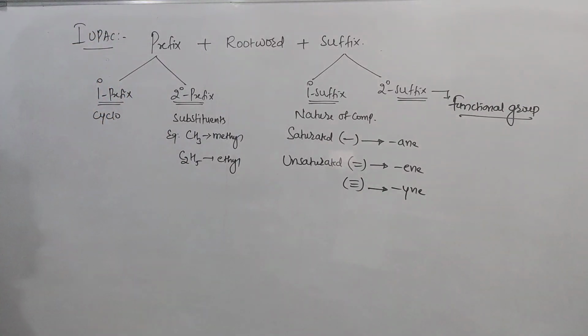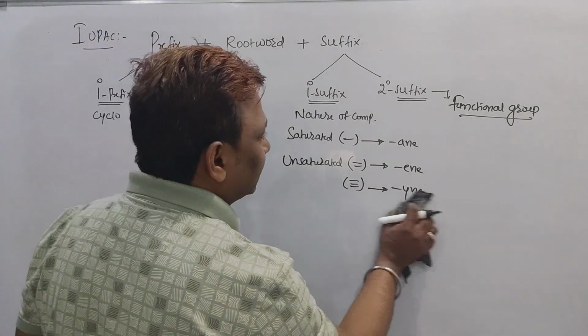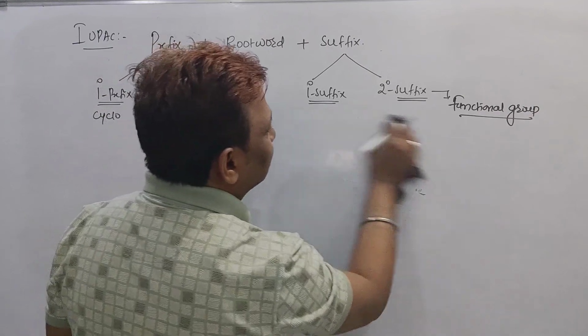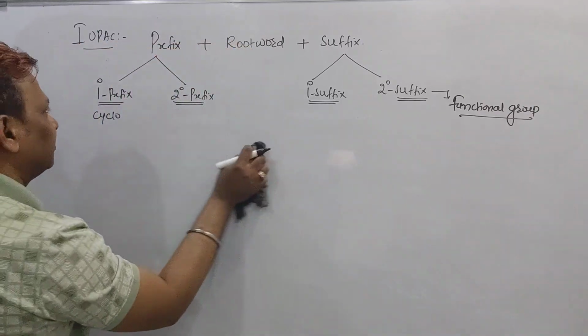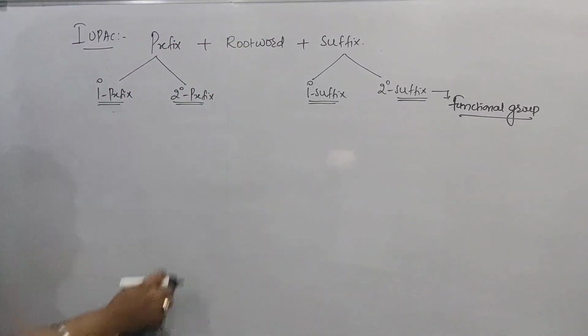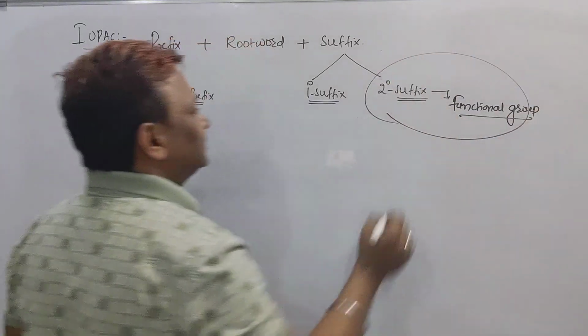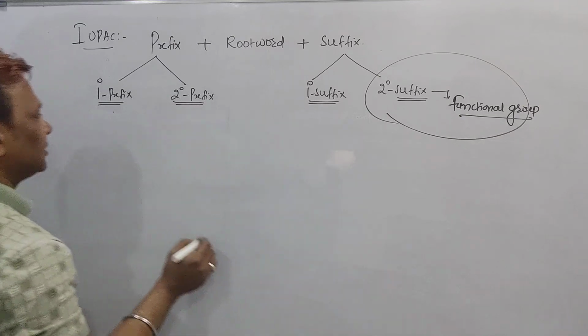So this is the part I discussed yesterday, in my previous video. Today, beta, I want to tell you what functional groups there are and where to give the secondary suffix for the compound. That one I want to discuss with you, because the substituent, prefixes and primary suffix, everybody knows well. But the most important one is the secondary suffix, which is called the functional group.